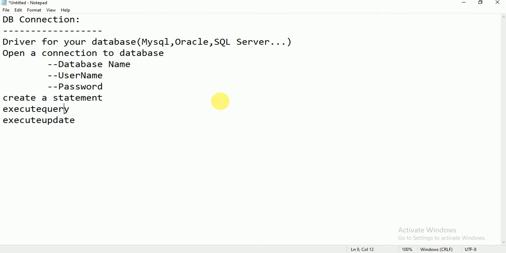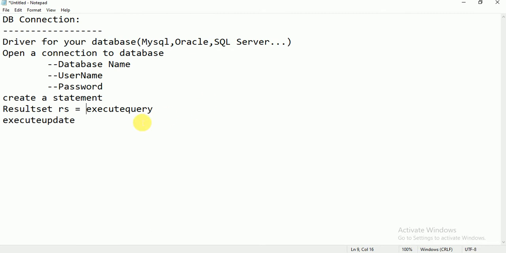Whatever select query you are executing returns some data, right? We need to store that data in the result set. From the result set we read all the data one by one. So this is what we need for the database connection.